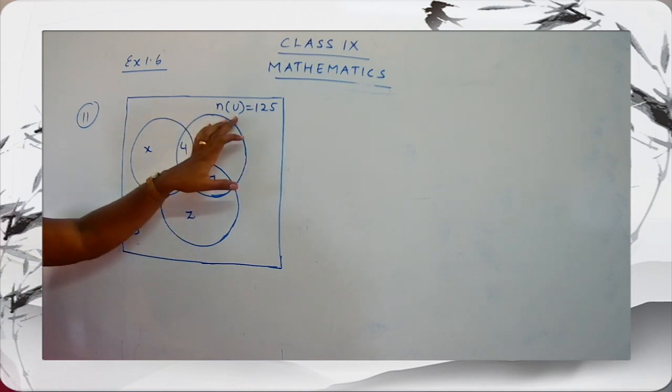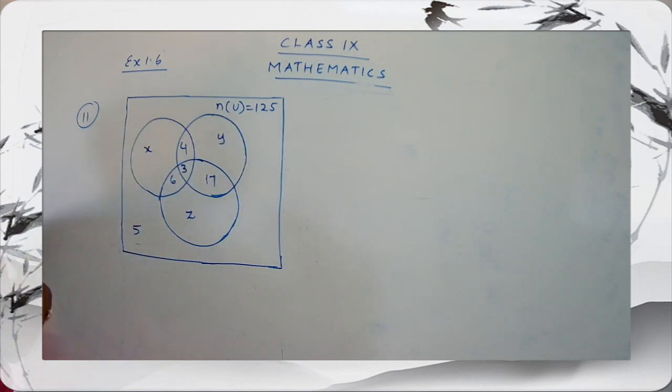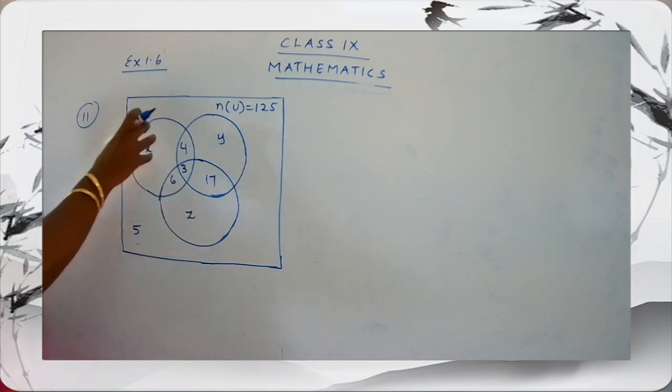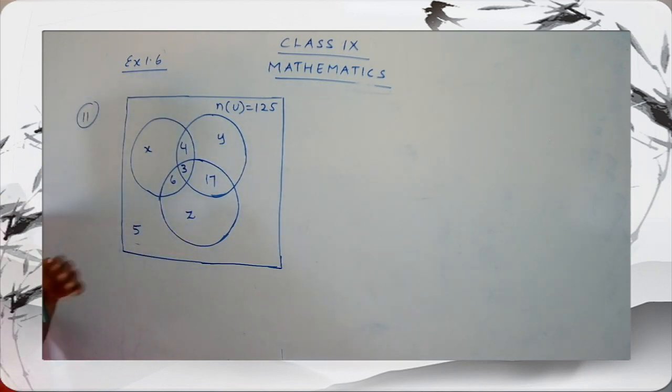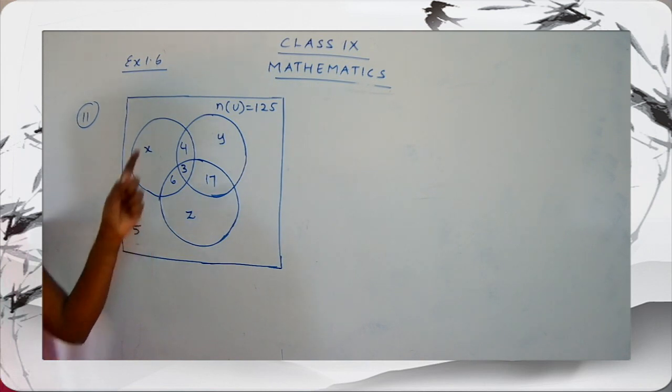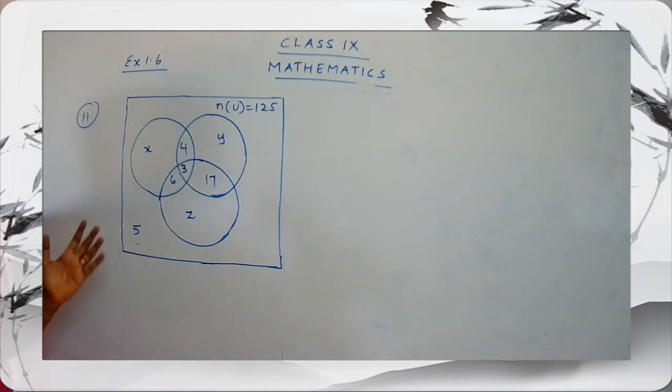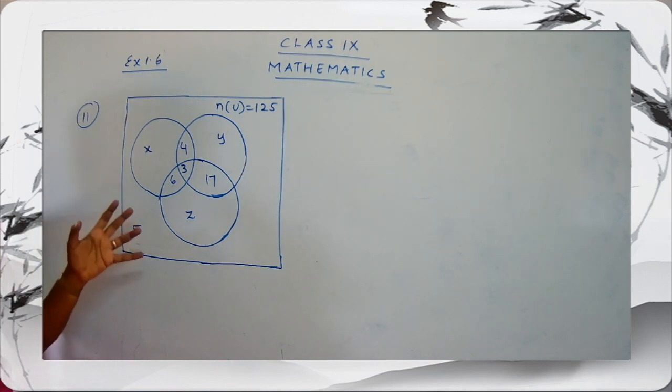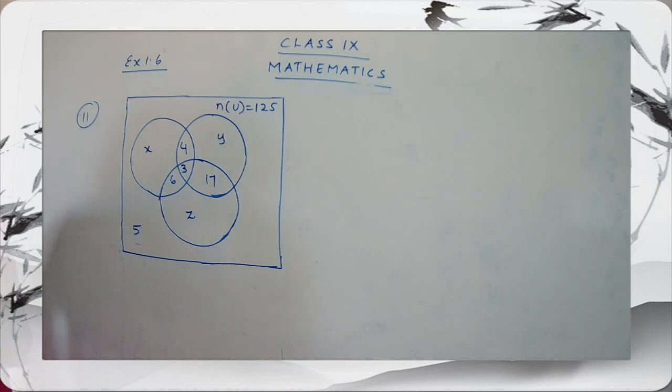So what is n of U? N of U gives you the number of elements in the universal set, the whole number of elements in the set. It gives you the information of all the sets, and we have some numbers outside also. So you have to consider this number also under the universal set. N of U is the combination of all the elements given to you. Okay, children? So shall we start with the answer? Let's go with the work.